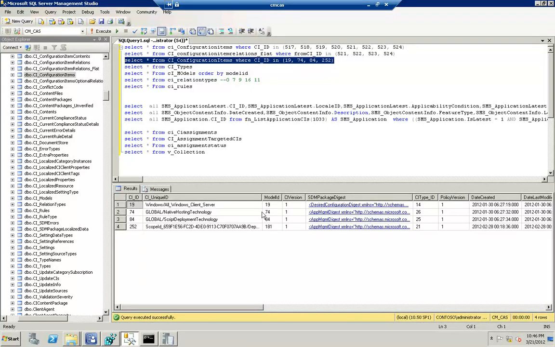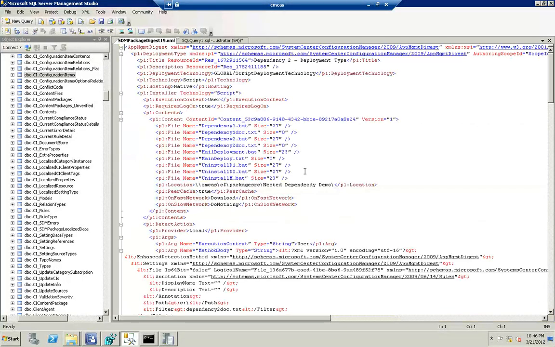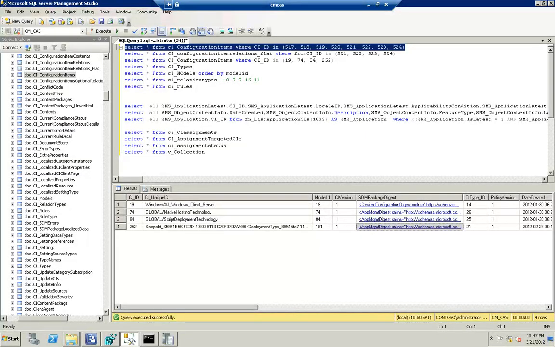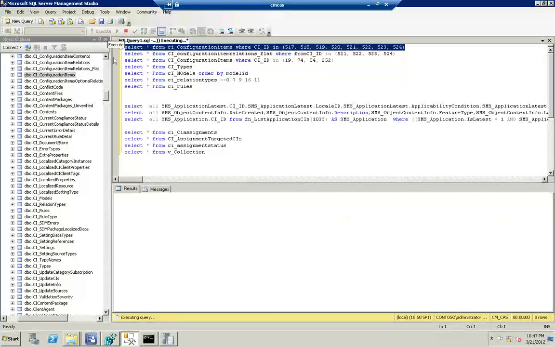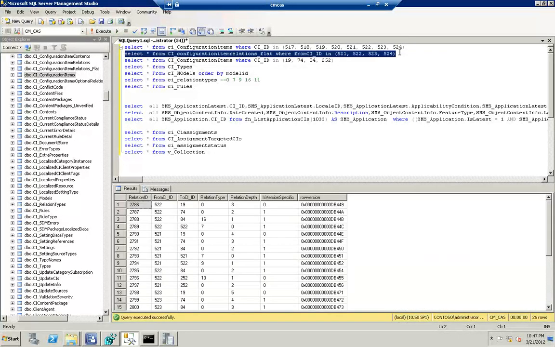So if I look at that, it looks like I have another deployment type CI. And what is that deployment type? If I look at it, we see here this is in fact the dependency that I just added. So just quickly about looking at the relationship table, we can see that the change that we just made resulted in not a new CI being made, certainly a new version, but a new dependency. Actually, I did the wrong one. This one, a new dependency being put in place between the deployment type that I created for my application and the one that I referred to in the dependency. All right, so